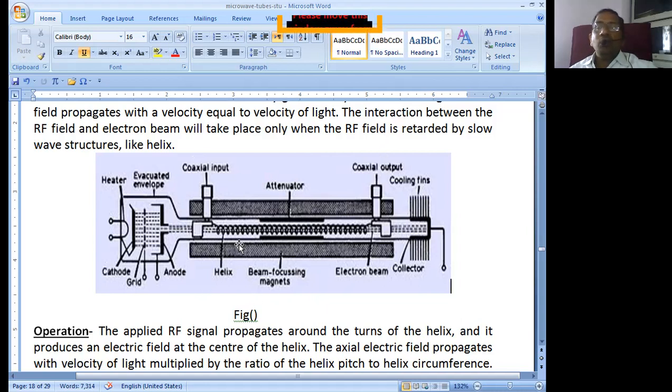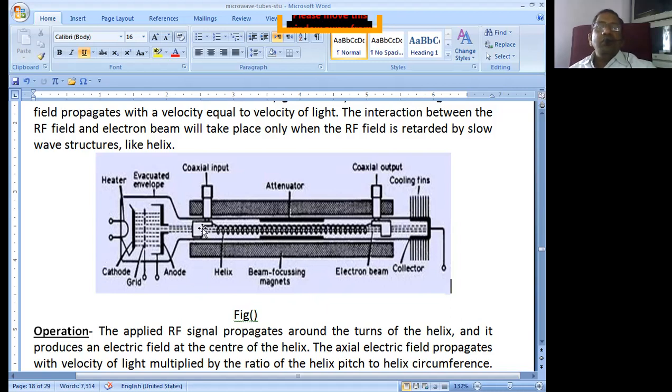the TWT tube. And linearly along this particular tube, we normally have the beam focusing magnets. We connect the beam focusing magnets like this. These magnets supply the magnetic field, which will be along the direction of the wave, that means parallel to the direction of the wave. So the electron beam will be traversed through this particular